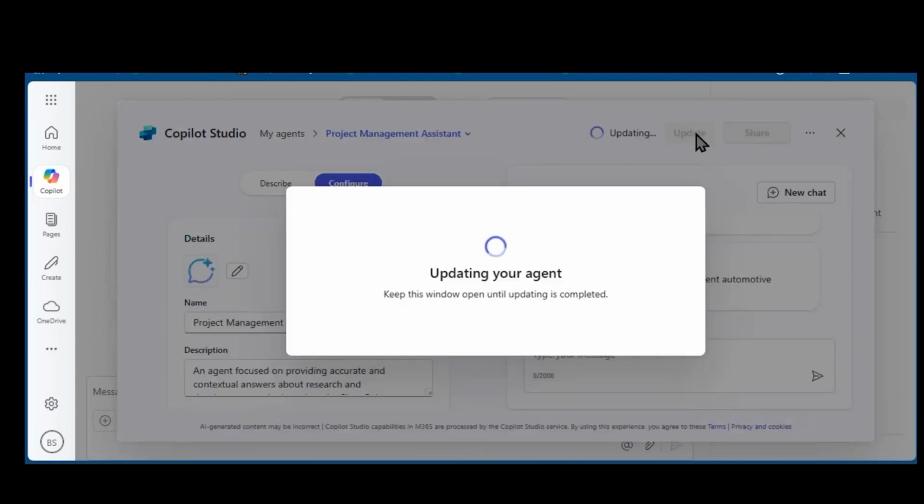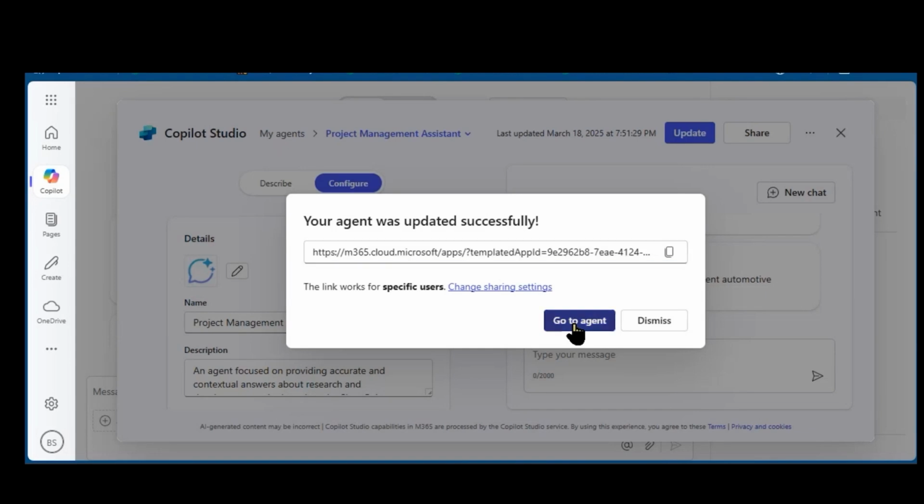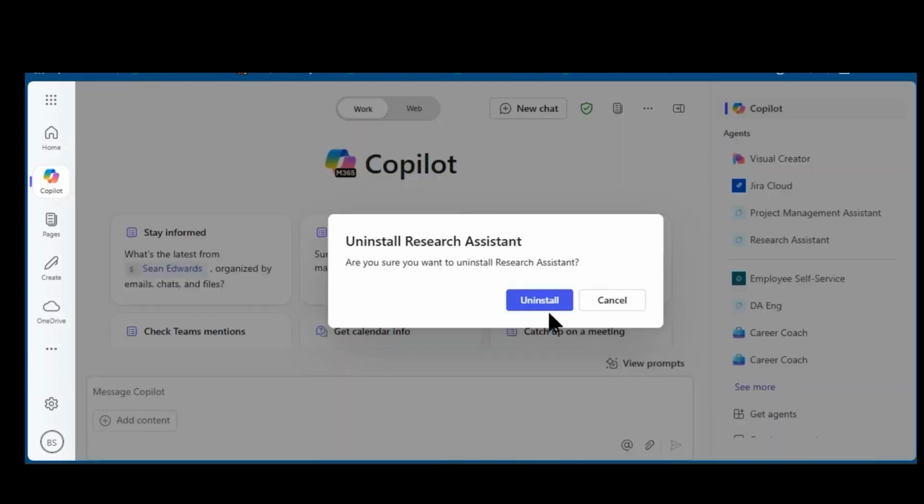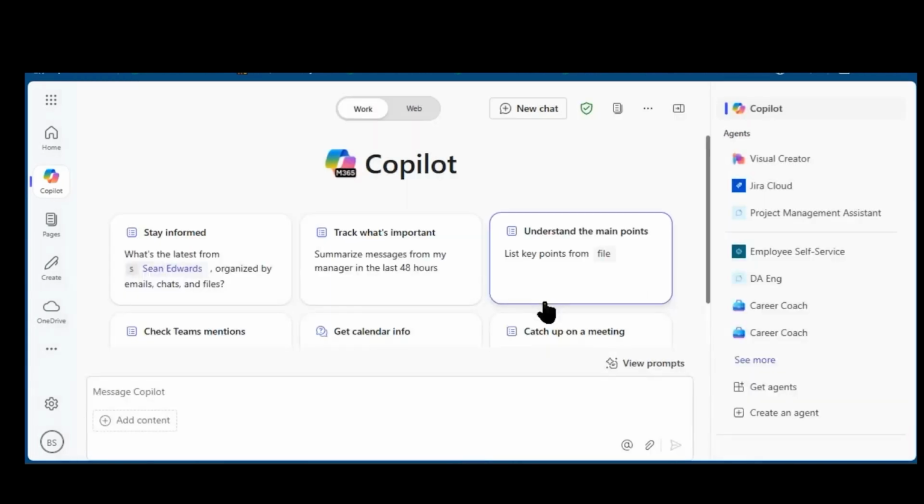I'll update my shared settings. Let's go to the agent. I can pin my research assistant agent, so I have both of them. If I go through a reorganization and move out of research, I can uninstall that agent. So the user still has control. And because I am the author of that agent,